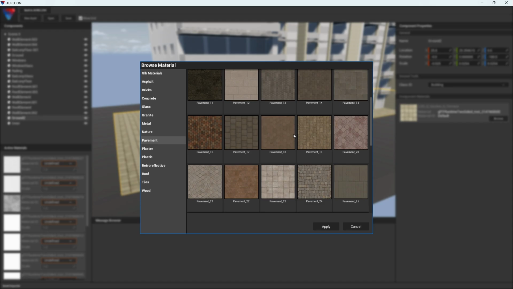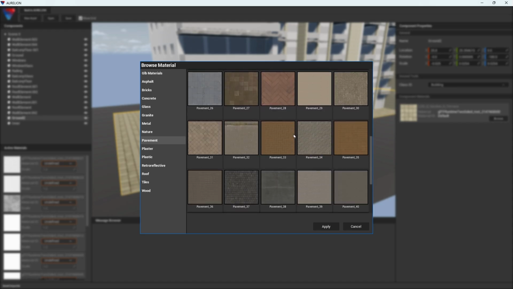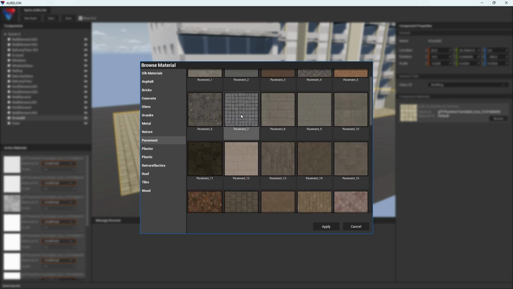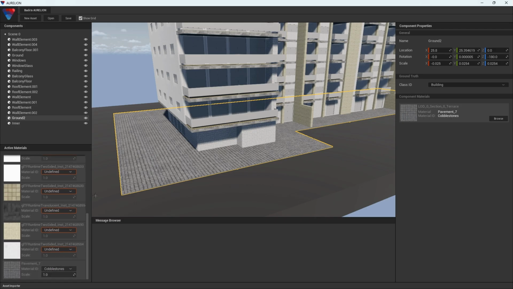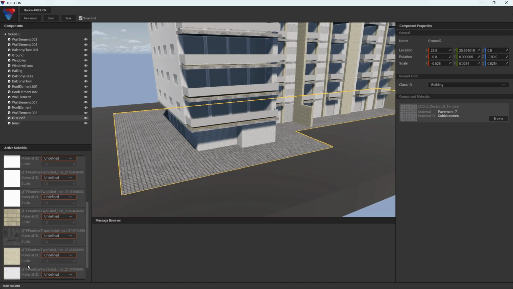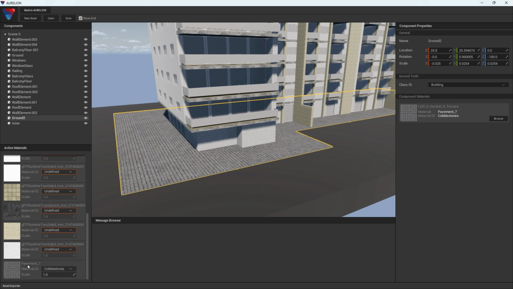Here you see a lot of pavements from the DSpace material library. Let's choose pavement 7 and click on apply. And now this mesh uses a DSpace material. When I click on the material, it will be highlighted on the left side. Here's pavement 7, but all the other materials as well. So all the materials from this asset are shown.